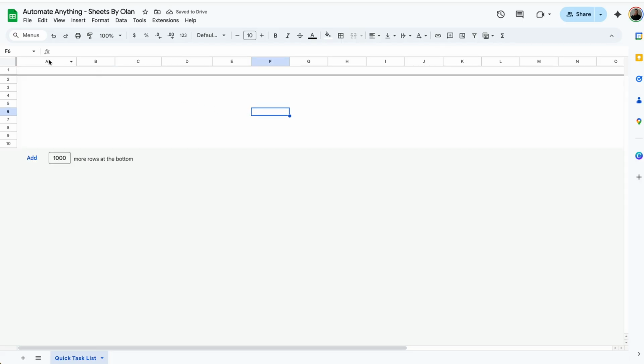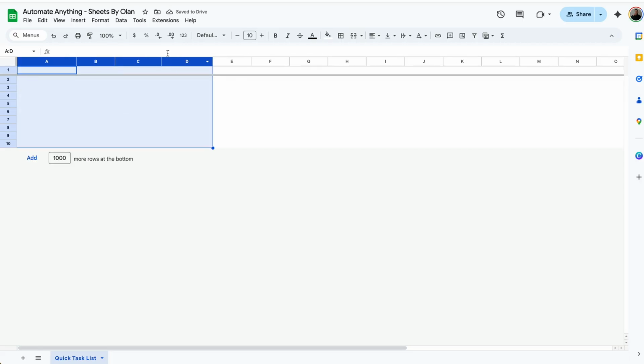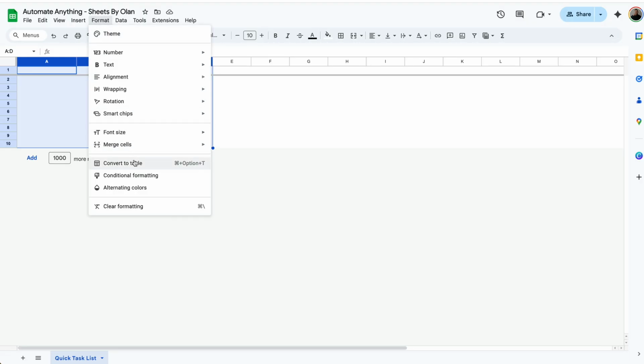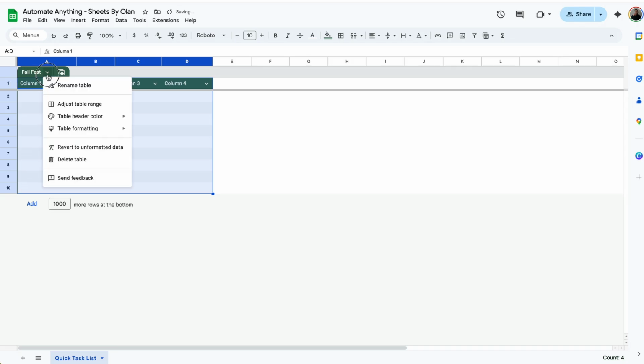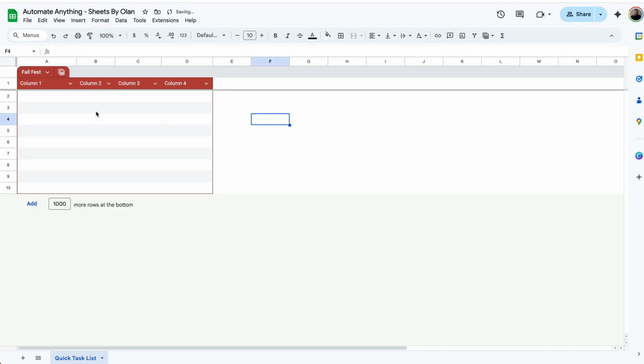All right, so I went ahead and just deleted the table. We're going to select columns A through D, go to Format, Convert to Table, and then now let's rename it as Fall Fest. We'll click on this little table menu drop down, change the color header to orange or whatever color you want it to be. And then here in column 1, we're going to say activity, column 2, date, column 3, place,